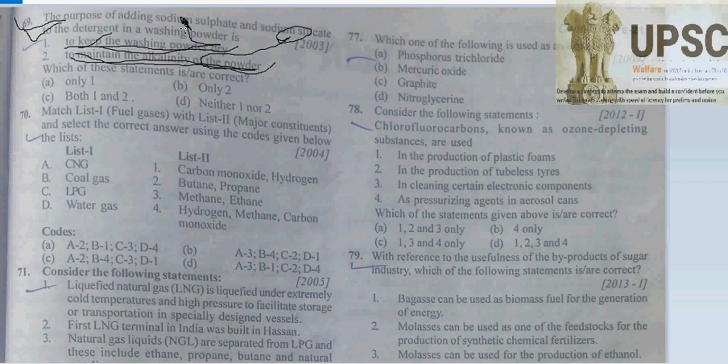Sodium sulfate, and that isn't given as the dry powder, of course, so it's going to be a C now. 17. CNG. What is the CNG? CNG is going to be compressed natural gas and the coal gas. Let's have these. LPG stands for liquefied petroleum gas. And the water gas, which one is going to be water gas? Hydrogen and monocarbon dioxide. So D is going to be a 1.